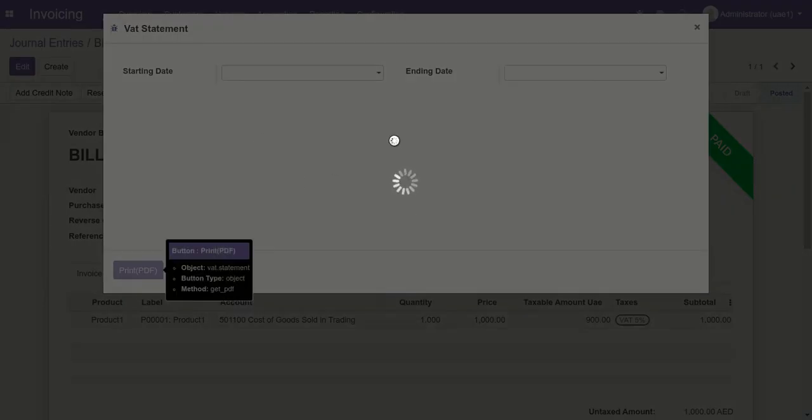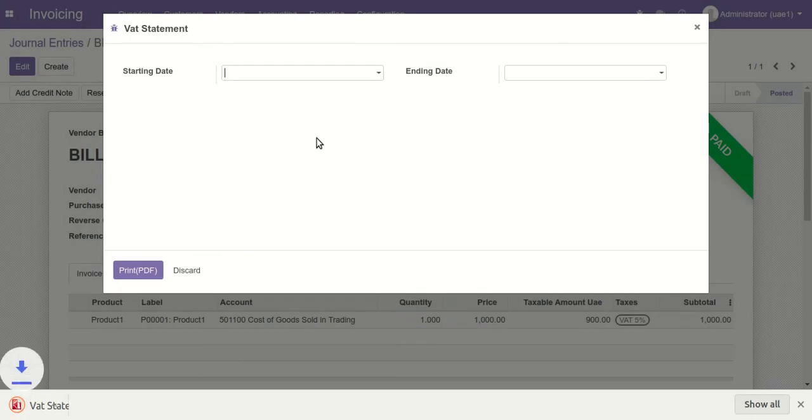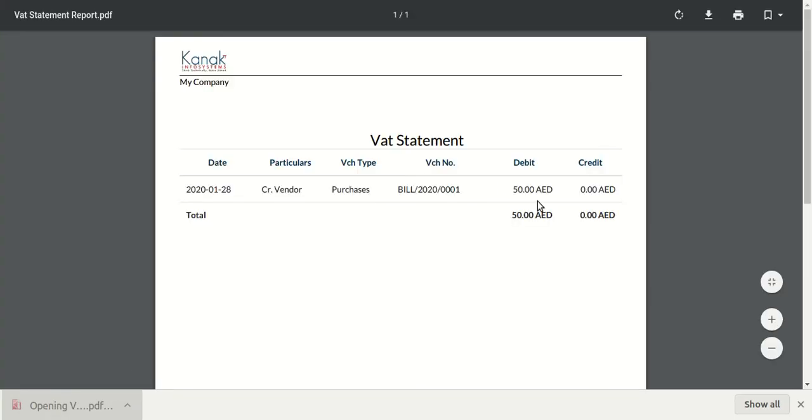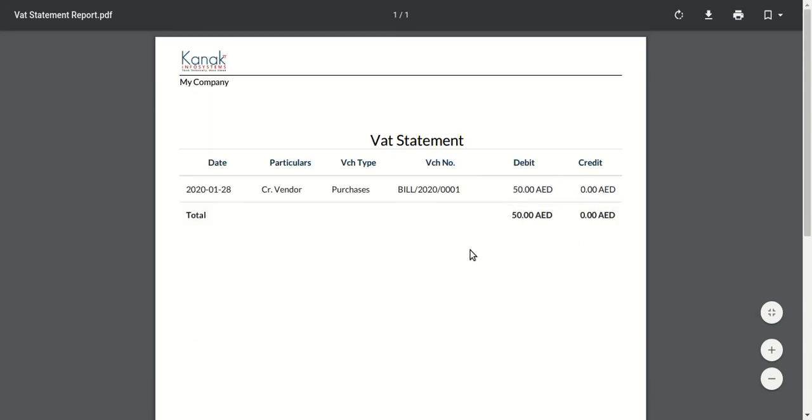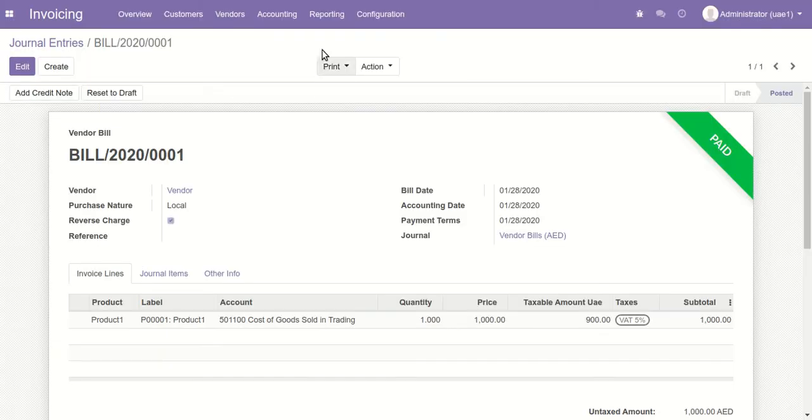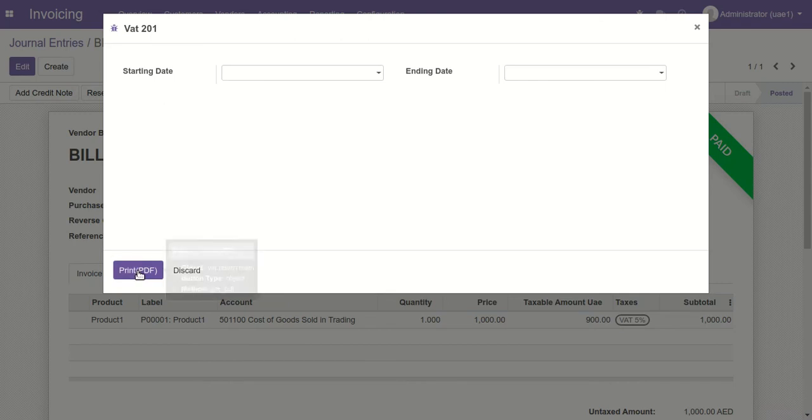We can also apply the date filter here in the VAT statement. In a VAT statement, you can get the information of the statement of the VAT which is applied on the bills. And the main thing is we can get the separate information in the VAT 201 report.